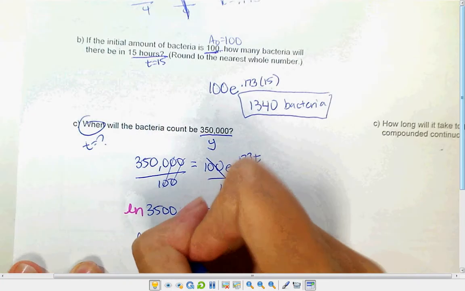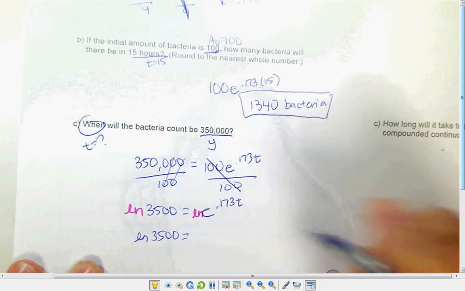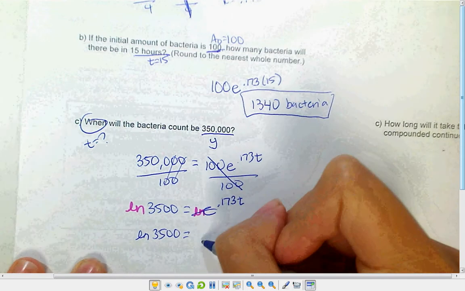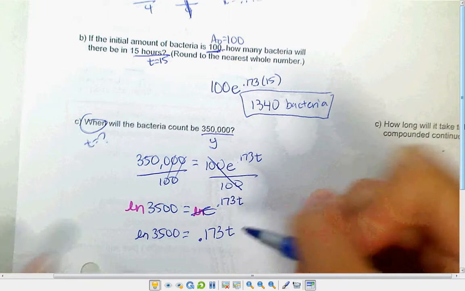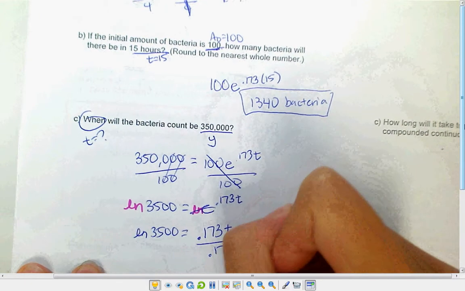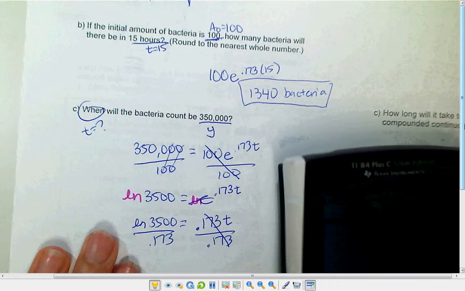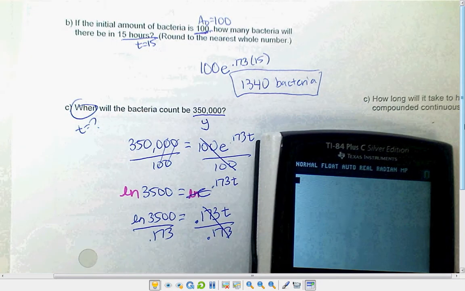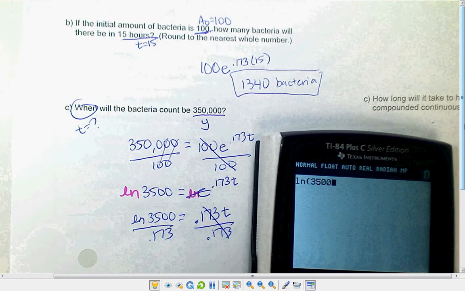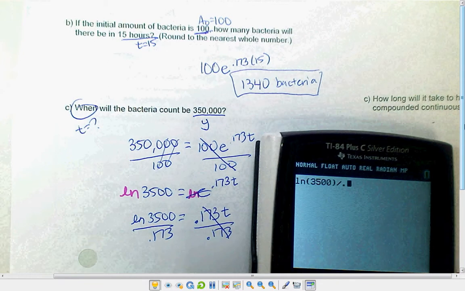So that I have natural log of 3,500. These cancel out, leaves you with 0.173t. To get t by itself, we're going to divide, and again put this into our calculator. So we have natural log of 3,500 divided by 0.173,